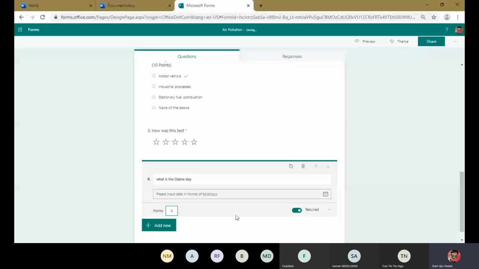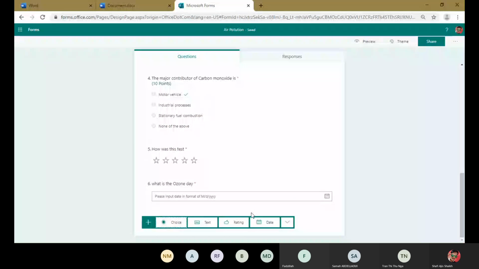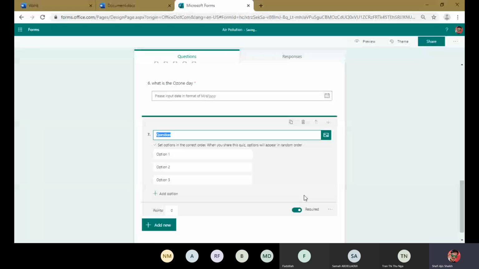Add new. We have seen date. Now we will click on this more button, and we have a ranking that we have seen. That was the rating. This is the ranking. Okay, just like this. So in ranking, a student can choose the first option, then the second option, and then the third option like this. Okay. For example,